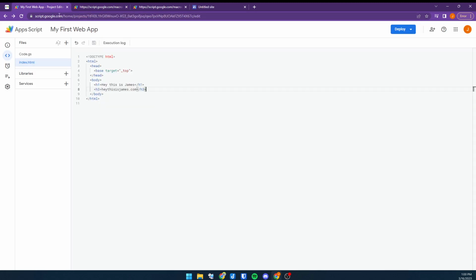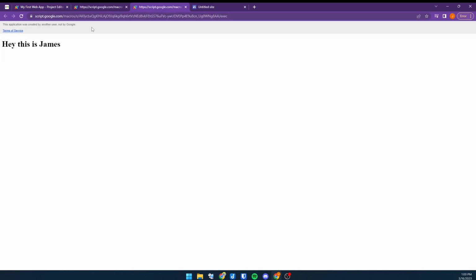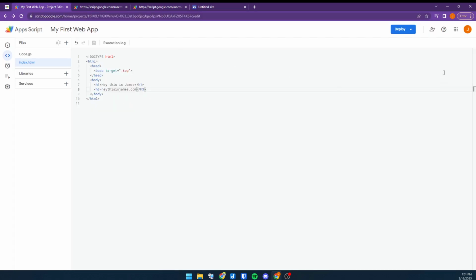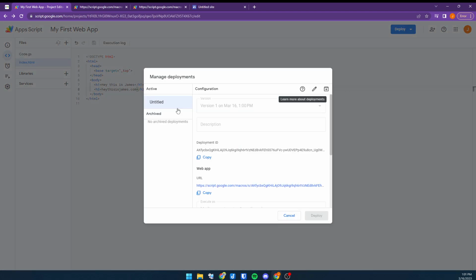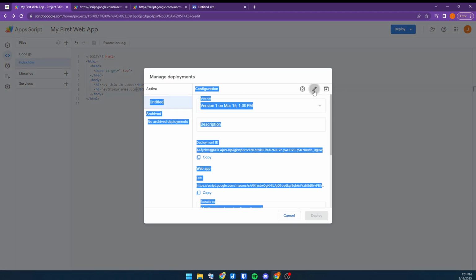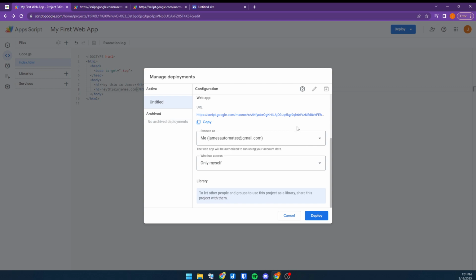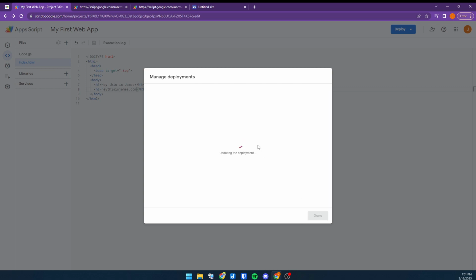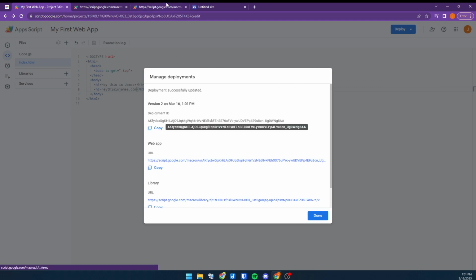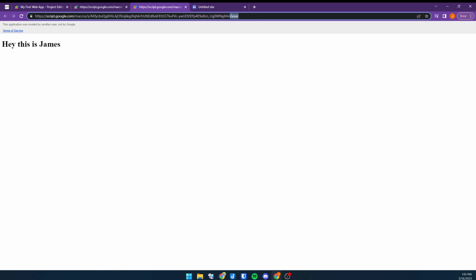All right. And in order to publish it again to the production link, all you have to do is go to deploy, manage your deployments, and edit here. Here's the untitled active. So if I click that, drop down the version and hit a new version, this way you can always revert back if you need to. I can hit deploy. So I have my new version updated, and under my production link, I can hit F5, and hey, this is